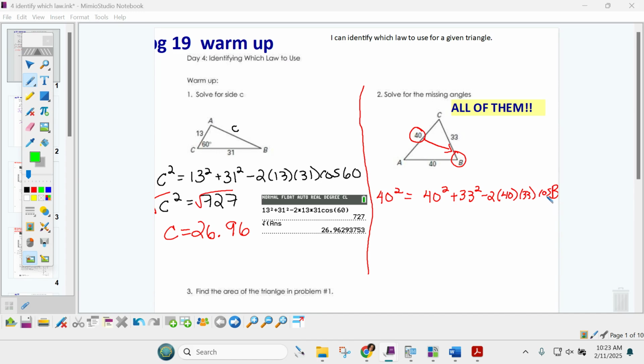And since this is where our variable is located, it's not a pure calculator problem. We have to isolate the cosine B. I can add these together and I can multiply these together, but I cannot combine all those numbers because of this multiplication here. And this is times the cosine. So to start,